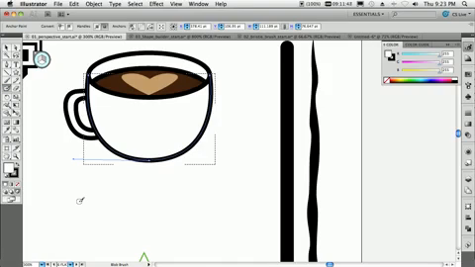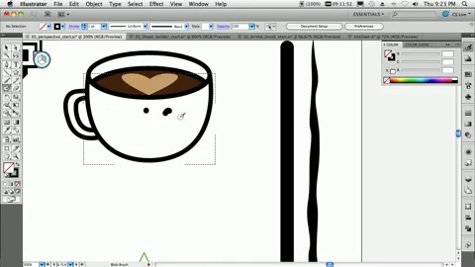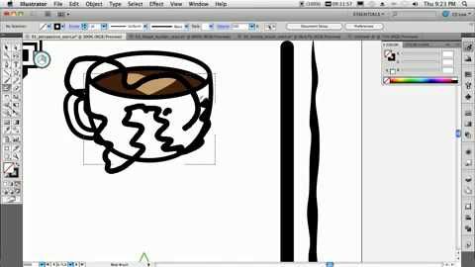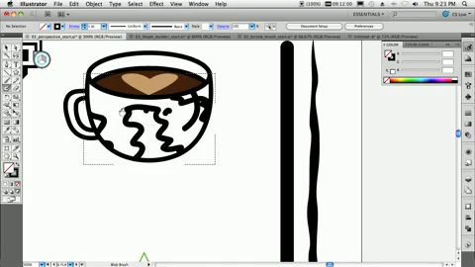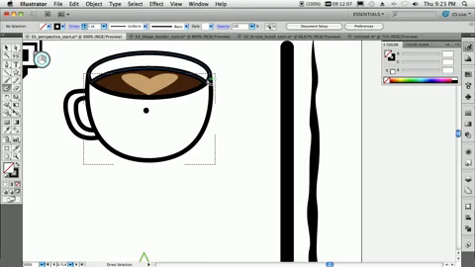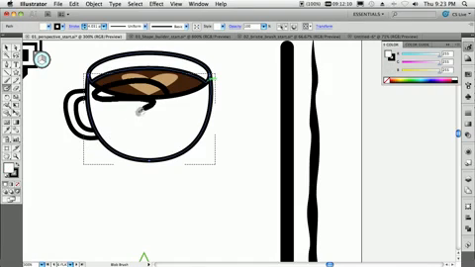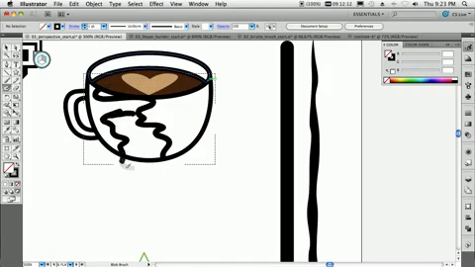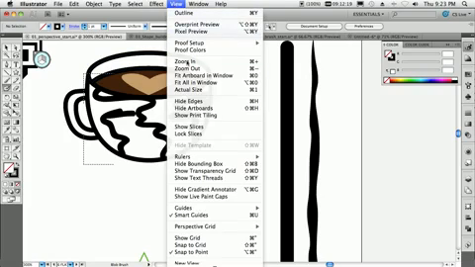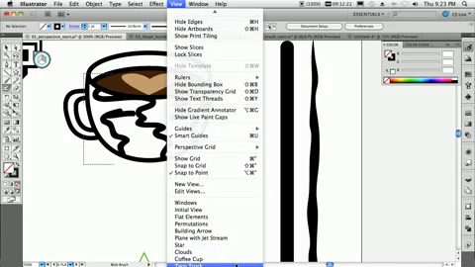So if I go ahead and grab something like my blob brush, well, of course, if I draw inside, you'll be inside, but what if I go crazy and draw outside the lines here? Well, the beauty of it is now it's constraining that drawing to just being inside the coffee cup. So it's doing all of the masking for me, everything I would need to do to keep that within inside the object or area that I draw it in. So this will help me tremendously in my artwork from here on out. All right, now to take that up a notch, let's go ahead and view one more area talking about drawing inside. We'll go to our